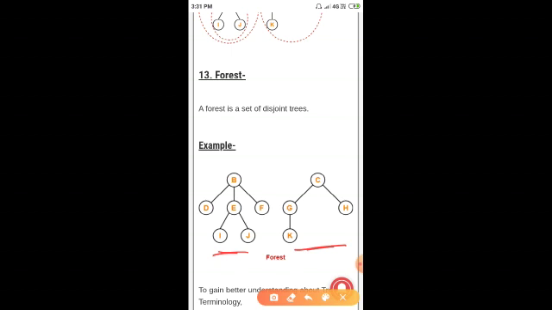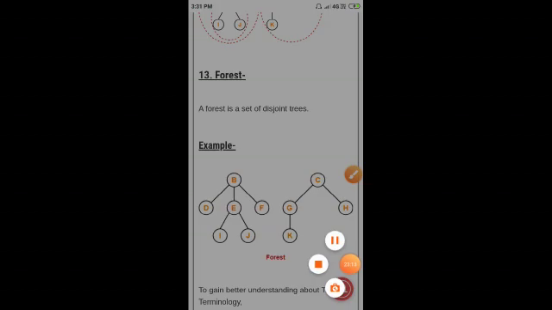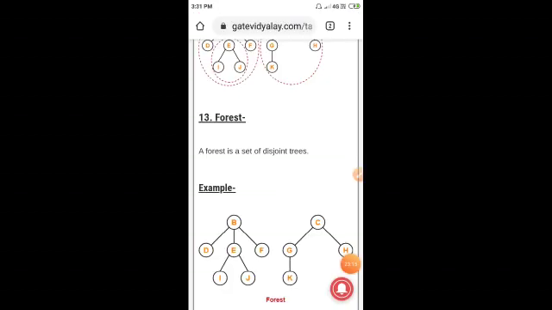So this is a small introduction to trees. In the next session we will see other topics, like what a binary tree is, and we'll discuss that in the next class. In this session we discussed what a tree is, what the properties of a tree are, and which terminology we use in the tree data structure. Okay students, is it clear?